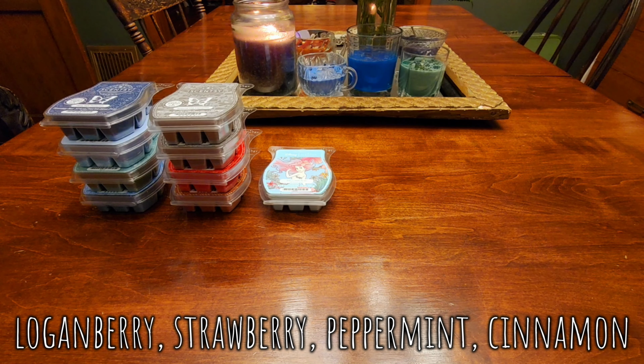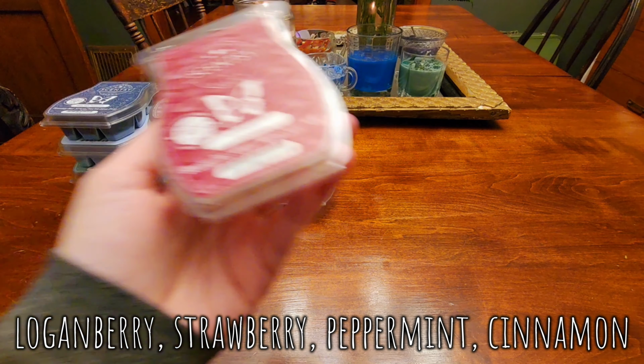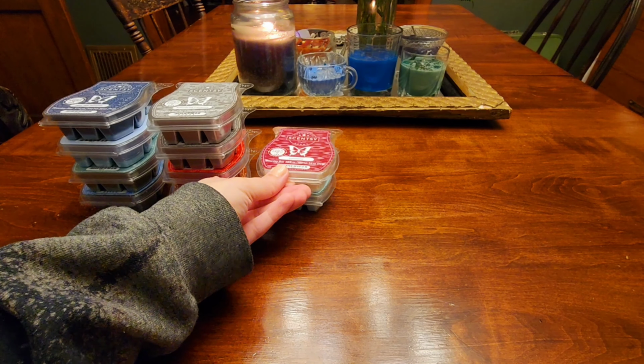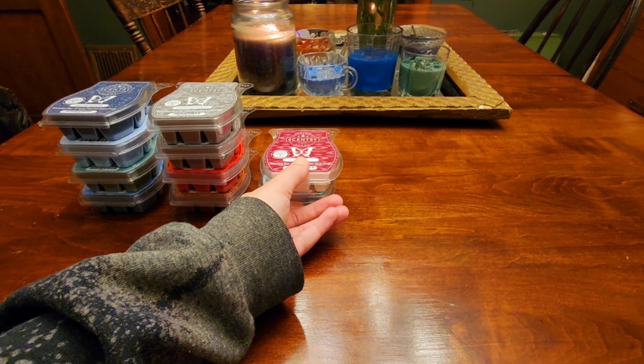There's something about this one. It's one of those scents that almost kind of reminds me of when you first pull down wherever you get your Christmas decorations from every year. When you first bring out your Christmas decorations and open up the boxes and you get that like Christmas nostalgia and plastic kind of scent. That's kind of what this reminds me of, but like in the best way ever. I really like this, so I stuck it in my club. Don't know if we'll see that back, but